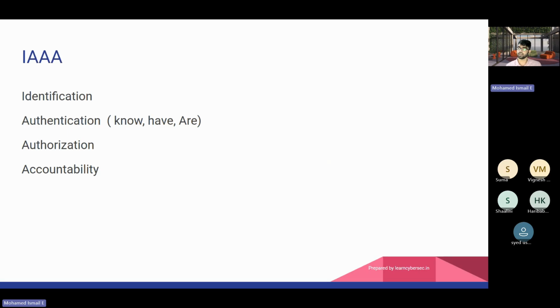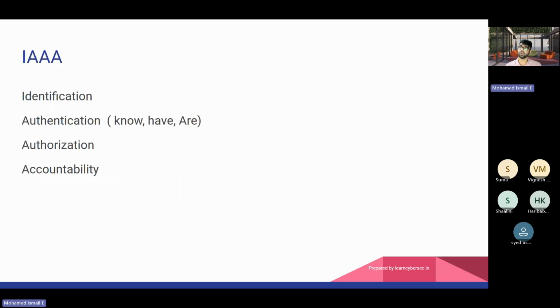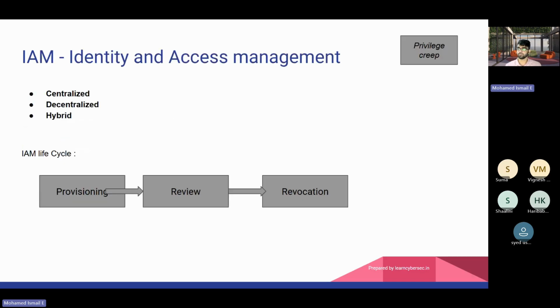Next topic is IAAA. As we have seen in the past, identification, authentication, authorization, accountability. But here we are not going to see the details because we have seen them in the previous domain. However, IAAA is linked with our identity and access management. So identity and access management is nothing